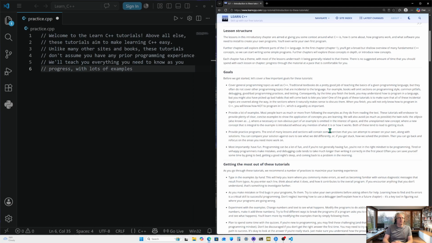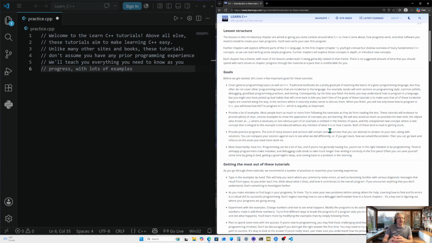Further chapters will explore different parts of the C++ language. In the first chapter, you'll get a broad but shallow overview of many fundamental C++ concepts, so we can start writing some simple programs. Future chapters will explore more concepts in depth or introduce new concepts.